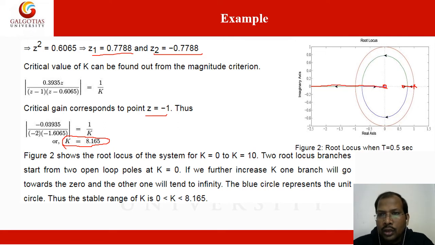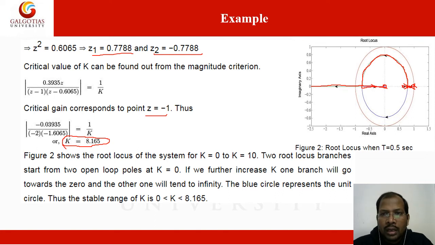So here there is an originating point, here is also an originating point, there is a breakaway point. So the breakaway point we can calculate: summation of the real 1 and plus 0.5, divided by n minus 1. So we are getting the half value. So here this value is around 0.7. So we can get, this is the breakaway point. So it is going to originate and terminate at this point.